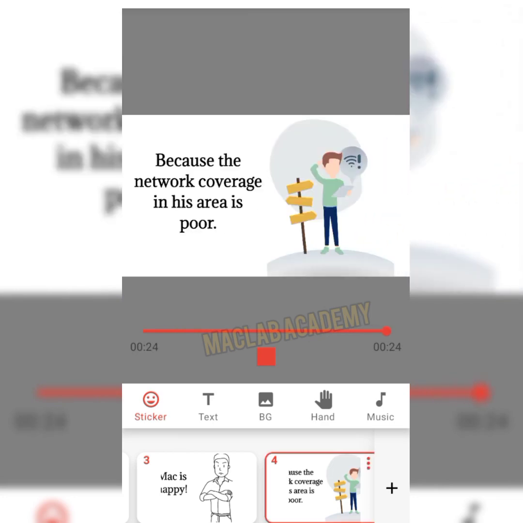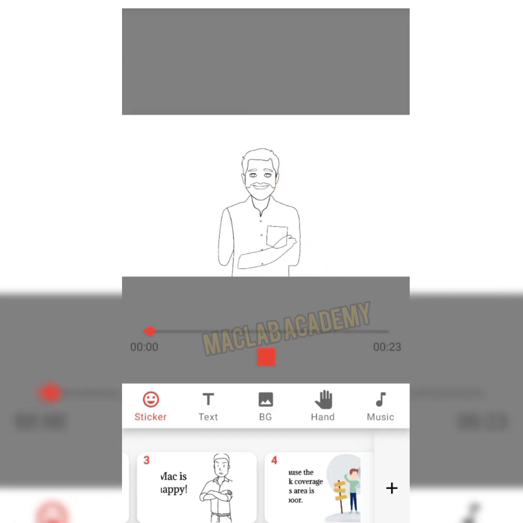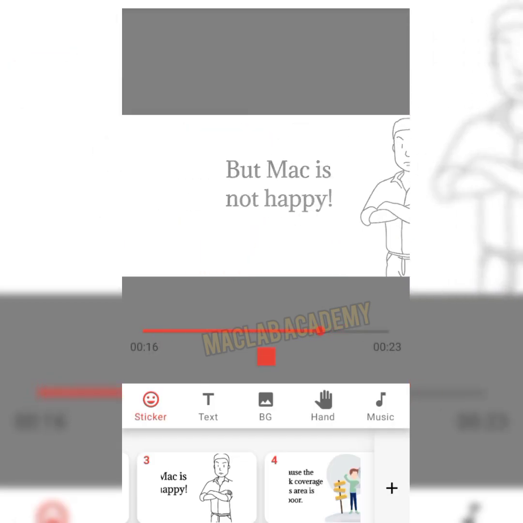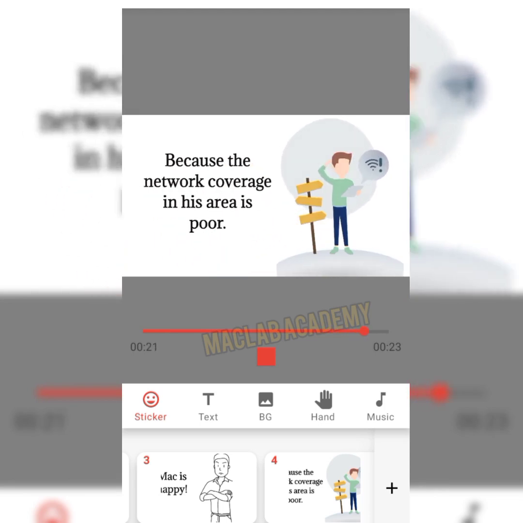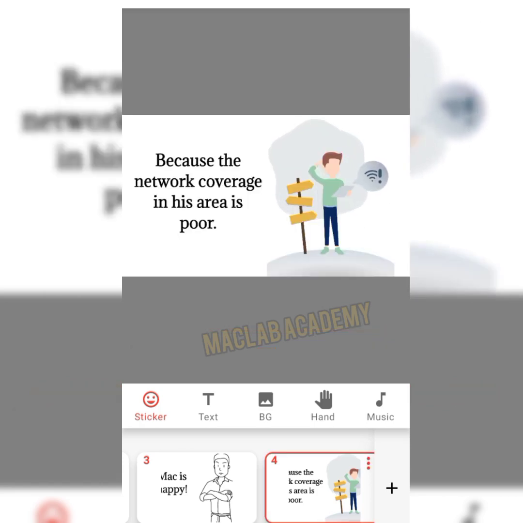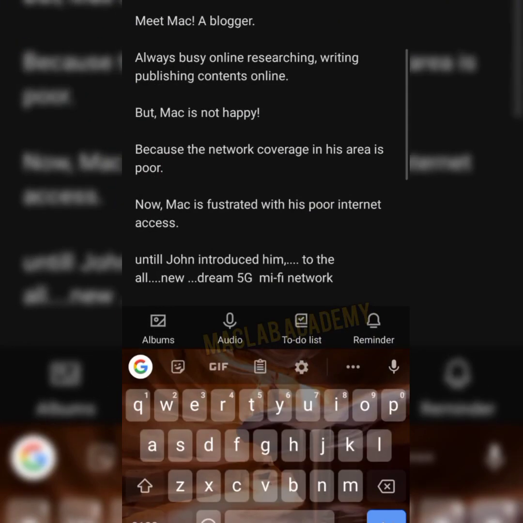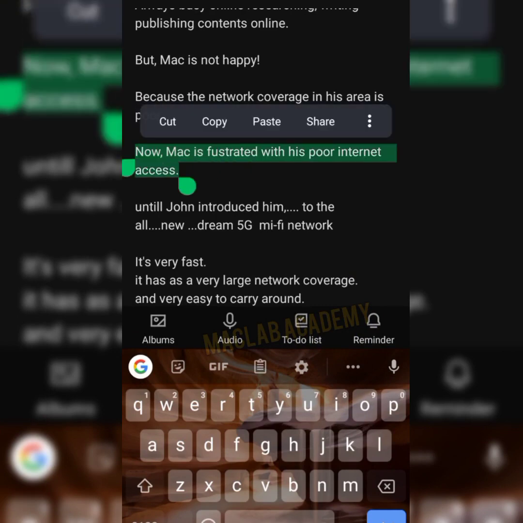Okay, so I think 2 is best. 2 is the best. So, Meet Mac, a blogger. But Mac, because the network coverage in his area is poor. Yeah, that's good. This is good. So let's go over to the 4th one, the 5th one, sorry. So we're going to go ahead and click on Now, Mac is frustrated. All right. Let's copy this